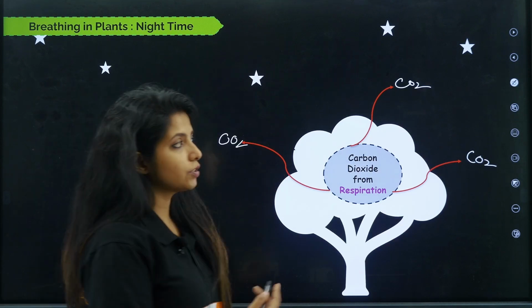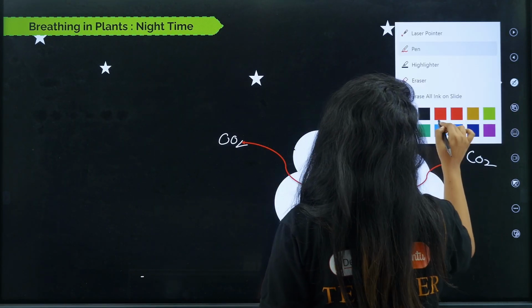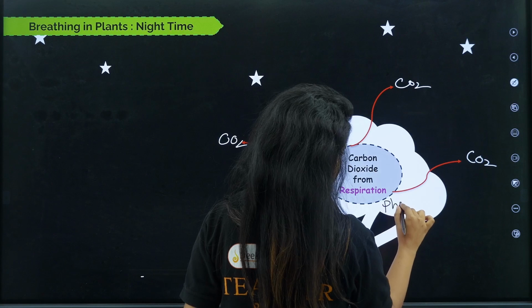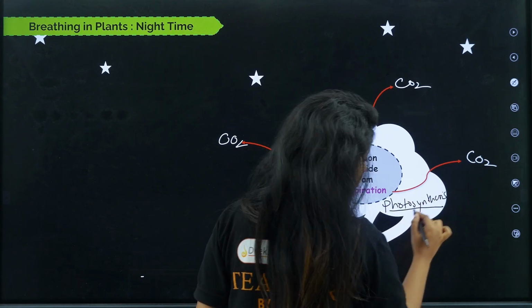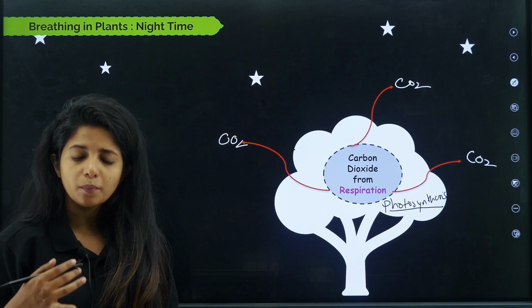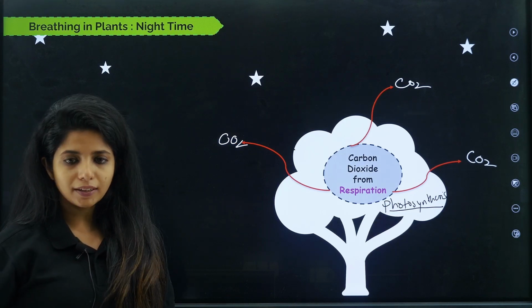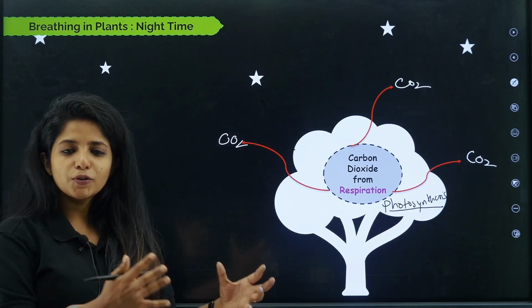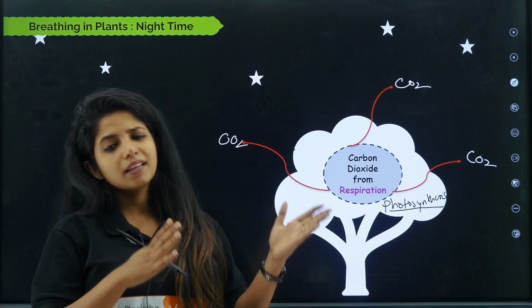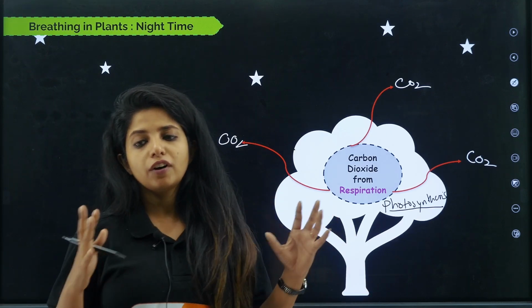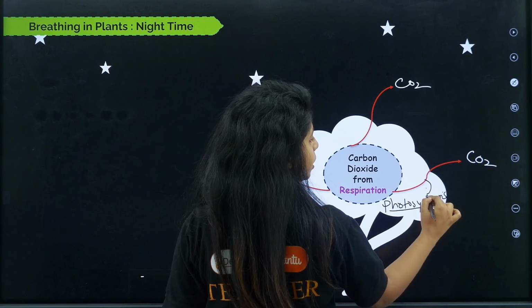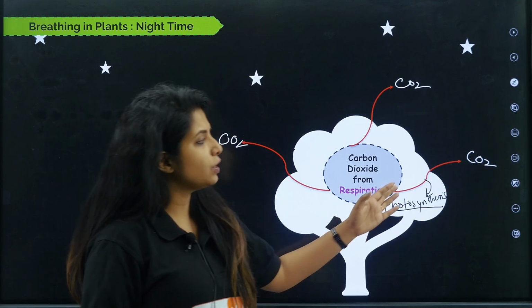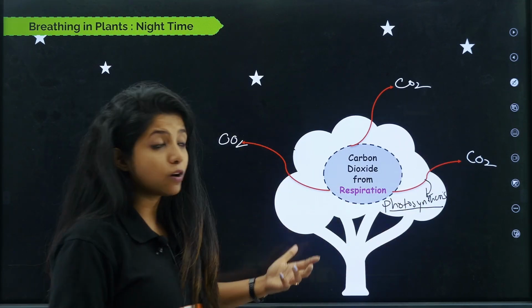Okay, what about photosynthesis, my dear children? At night time, you know that the rate of photosynthesis would be comparatively lesser because the sun is not there. Since the sun is not there, you do not have the light energy, and hence chemical energy is not formed, hence reduction of carbon dioxide would not be happening very much. So I'd say only a little amount of carbon dioxide is being utilized over here, the rest of the carbon dioxide is being released. But what about the oxygen?